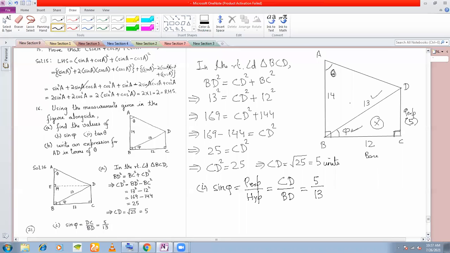Now in order to find out tan theta, the angle that you see here, this is theta, but there is no right angle triangle here, right? The triangle ABD is not a right angle triangle. So what you do is you drop a perpendicular from here. Okay. And if I call this point E, that means AED is now a right angle triangle. Now we say draw DE perpendicular to AB.